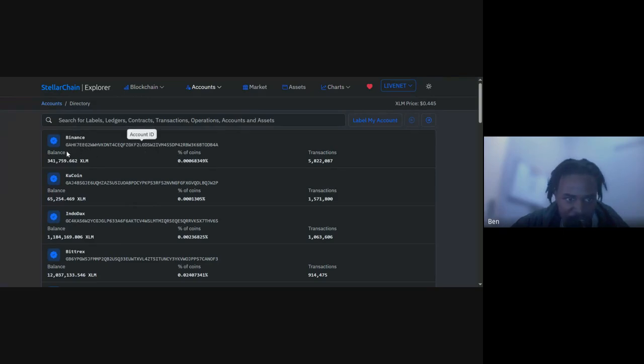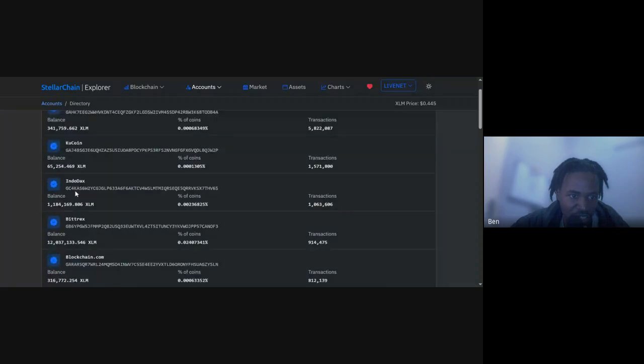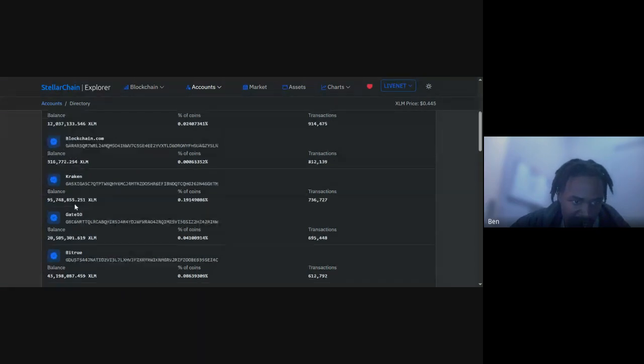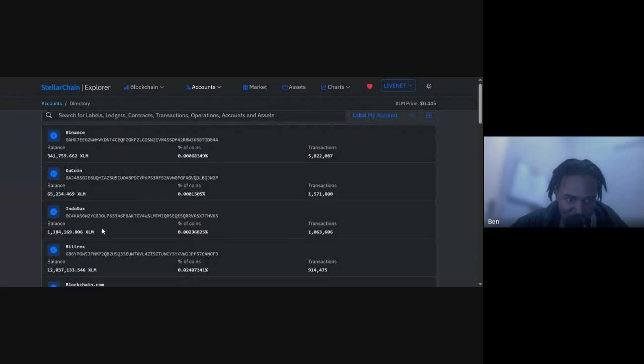You can see they have over 341 million XLM. And you see the transactions that are happening. You can see KuCoin also has all this balance in XLM. So these are centralized exchanges where you can buy and sell your cryptocurrency for real fiat currency. You see Kraken also. So these are just the directory of well-known